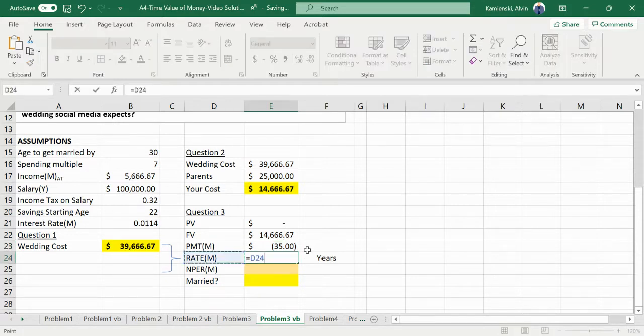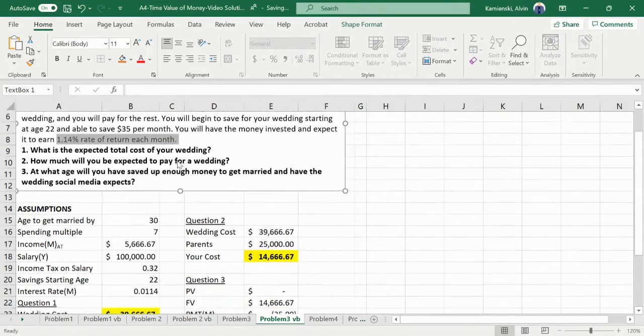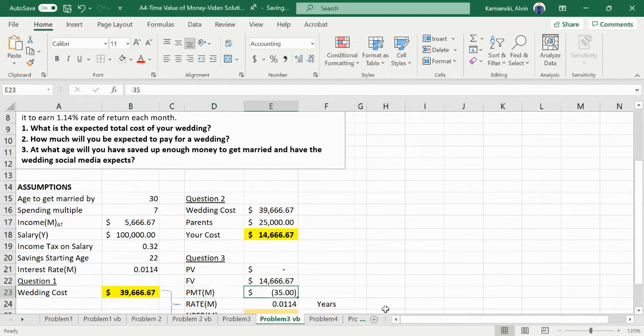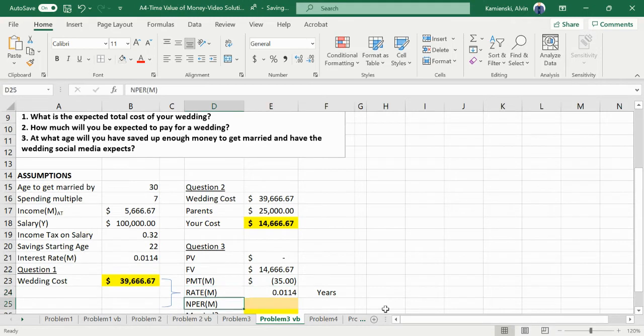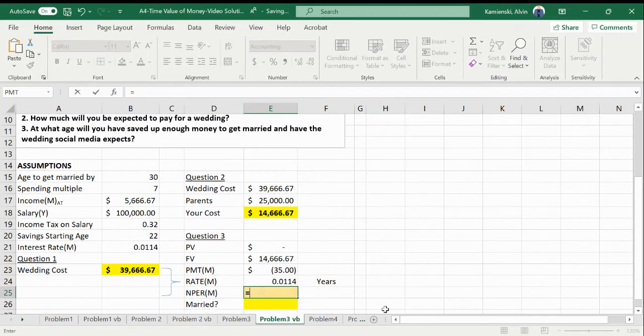And we're going to need to earn a rate, this one is already presented to us monthly. How did we get that over there, that 0.0114? It told us it was the rate of return every month. So we're saving $35 and we're doing it at an interest rate that is presented to us in months. So now we can calculate the number of periods, using the number of periods with that monthly rate and that monthly payment to that future value,